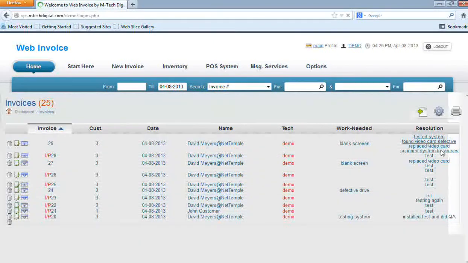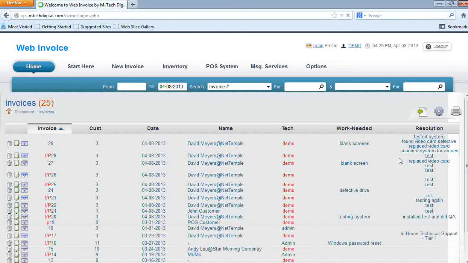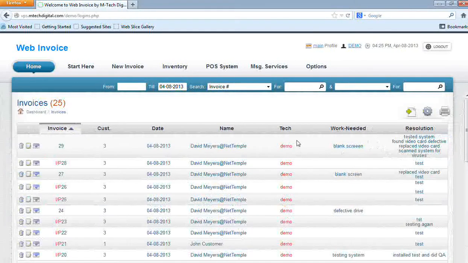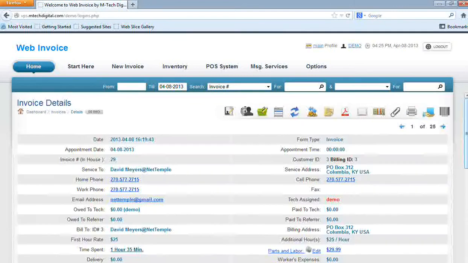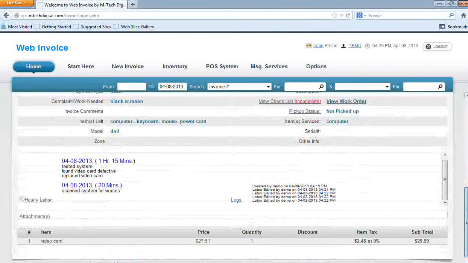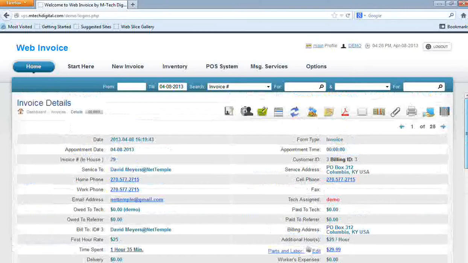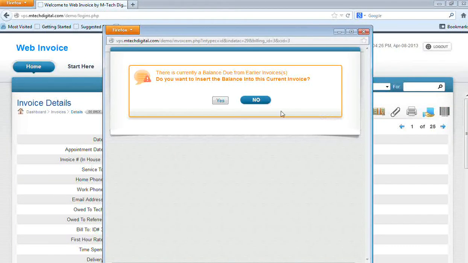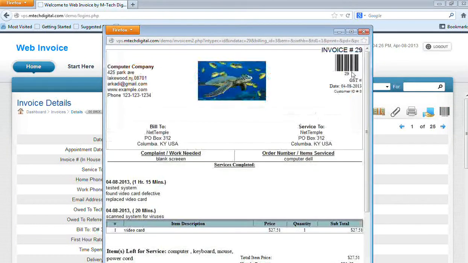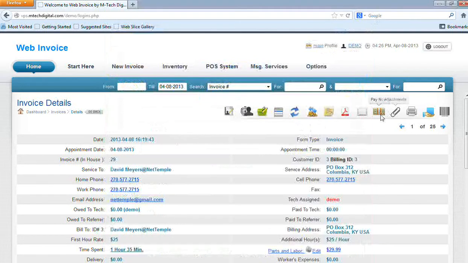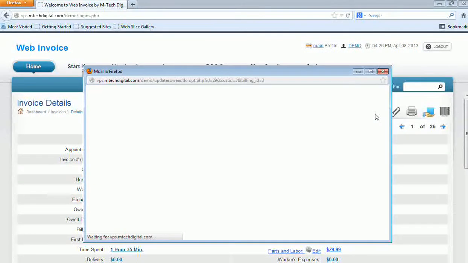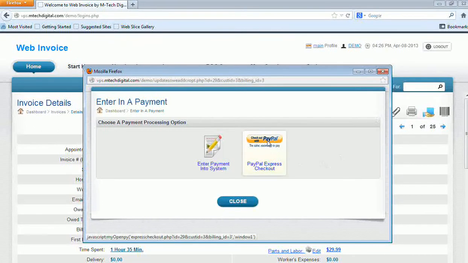Internet's a bit slow. I'm just gonna wait till that finishes. Okay, so this is the new invoice entry that we created. Have all the logs, all the labor, and the item. You can always edit items and labor at any time and view the invoice again. You can also email the invoice or pay for the invoice. You can pay with PayPal or credit card,